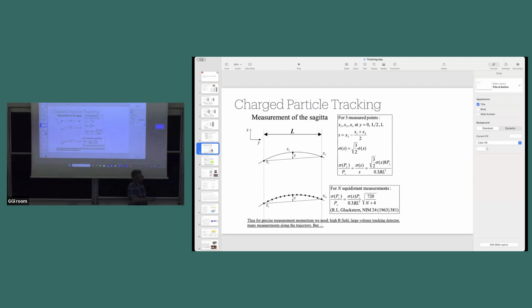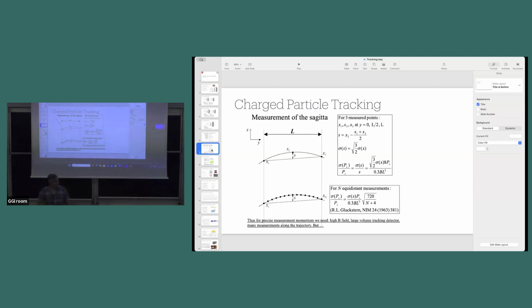So the bare minimum you want is 3. However, of course, if you have more than that, you're going to have more measurements, and you're going to be able to make a more precise measurement of that curvature. And so it turns out that if you use equidistant points, which we don't always do, you get a formula that looks something like that, which was worked out in the early